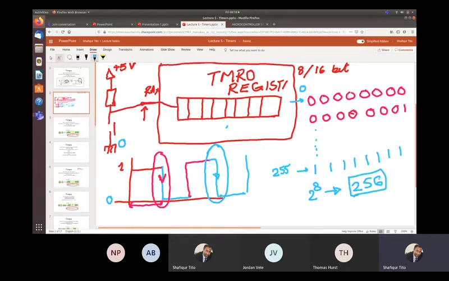Now, whenever all of these bits become 1, what will happen when the next event happens? The next event will be, I will have these bits,